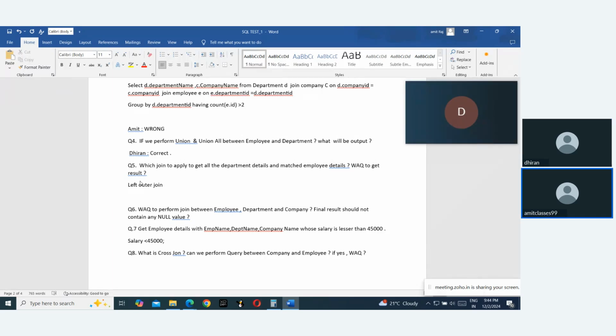Automate. Query. That is the only one. Write a query to get the result, right? Yeah. So: select d.star, e.star from department d left outer join, or left join, okay, left join